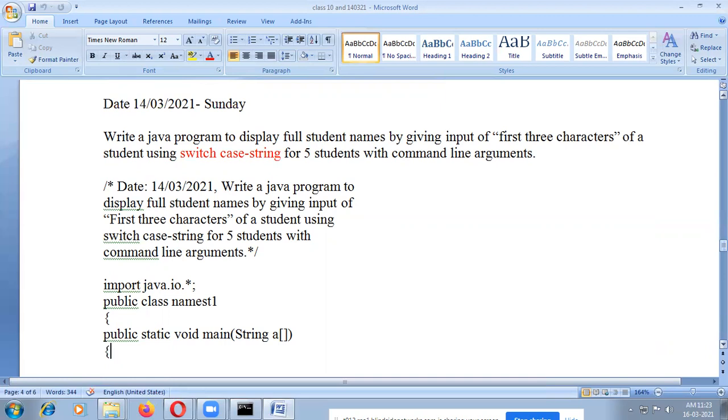This is more important. Write a Java program to display full student names by giving input of the first 3 characters. This is a switch case string for 5 students with command line arguments.